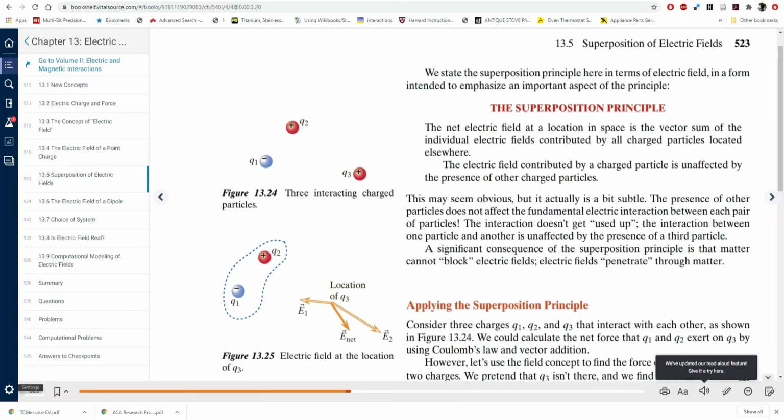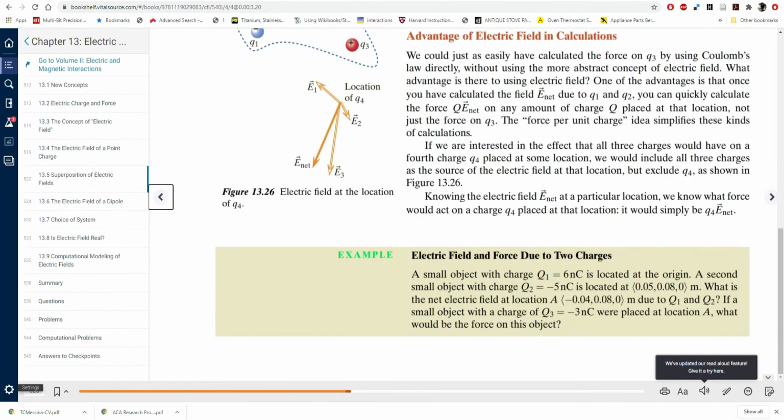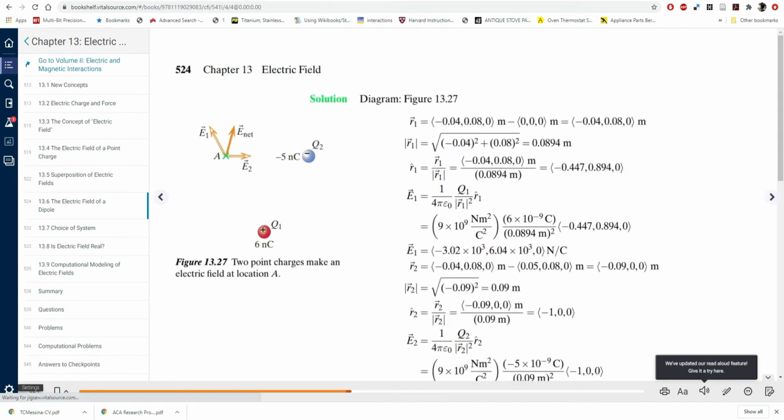In Chapter 13, Section 5, there's an example on page 523 of the textbook that sets up a problem where there are two different charges. Q1 is 6 nanocoulomb and Q2 is minus 5 nanocoulomb. And they place them at particular positions and then ask what the force on a third charge that's minus 3 nanocoulomb would be. And so that problem, when set up, looks like figure 13.27, where you have